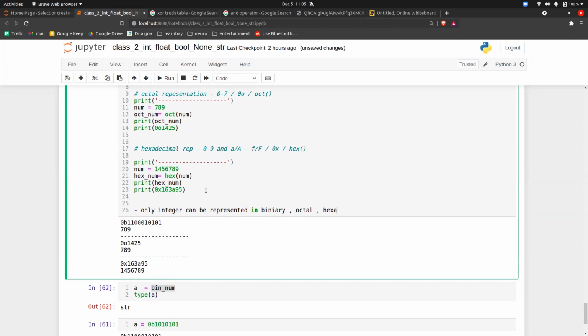And this is the end of the integer data type, guys. All the methods and properties that we have seen, it's clear to each and every one of you.